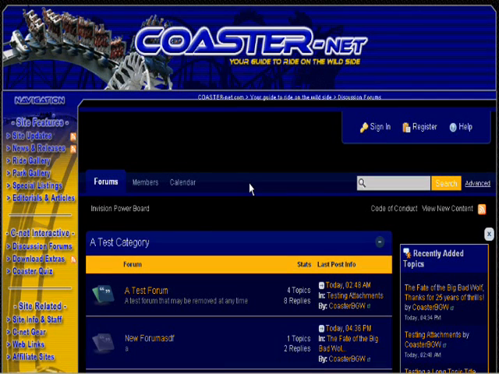Welcome to the upgraded CoasterNet.com main form page. As you can see here, we have a slightly different color scheme to fit with the new form software. First thing we're going to want to do is sign in, so I click sign in here in the upper